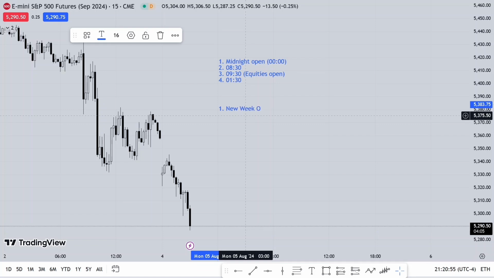So you have the new week open. This is the first exotic opening price for me. Then you also have the opening price daily. So when the market closes at